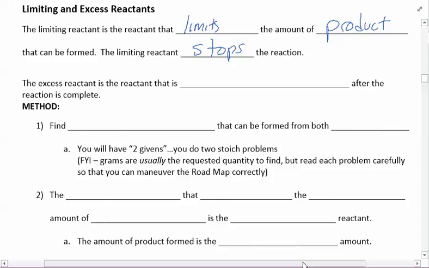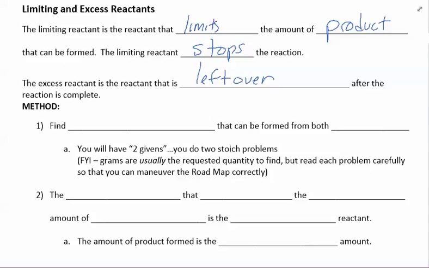So the excess reactant is the reactant that is left over after the reaction is complete. There's actually a couple of methods that we can use in order to determine the limiting reactant. I'm going to show you the way that I feel is the most logical and students have had the most success with. There's probably 3 or 4 different ways that you can approach it,